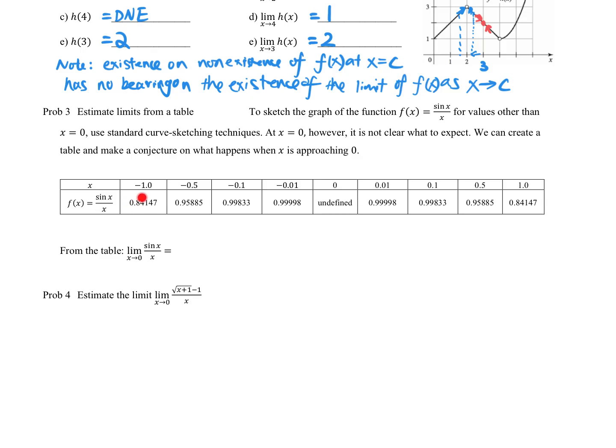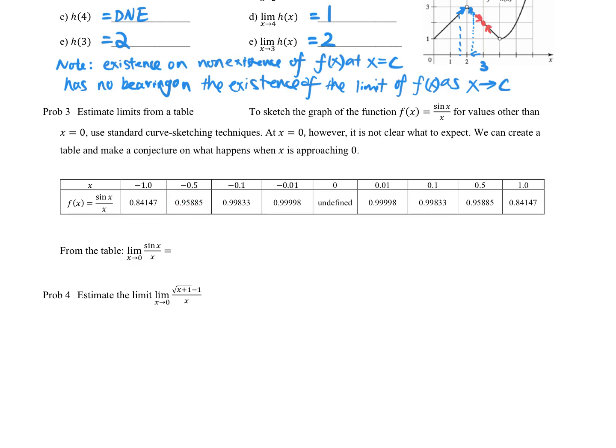Verify those y values for me using a calculator. When x is equal to negative 1.0, plug in sine of negative 1 divided by negative 1. This is the y value, 0.84147. When x is equal to negative 0.5, sine of negative 0.5 over negative 0.5 is going to be